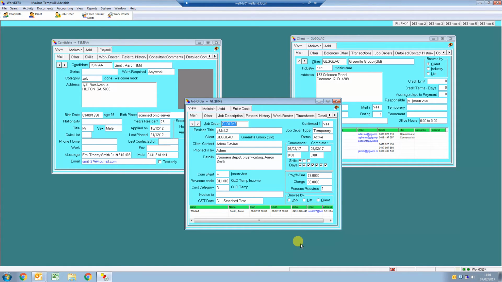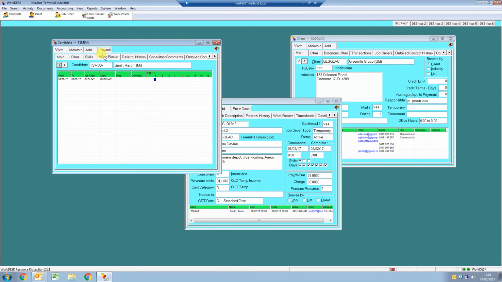We've now created a job order to match Aaron to GLG Queensland, and we've rostered him onto that job order. If we wanted to check to make sure, we would go back to Aaron's candidate file, and you could look on his work roster. And there it is, from the 8th to the 8th, a single day, GLG. Roster is up and job order is done. That will mean now that payroll, when they receive his timesheet, they're able